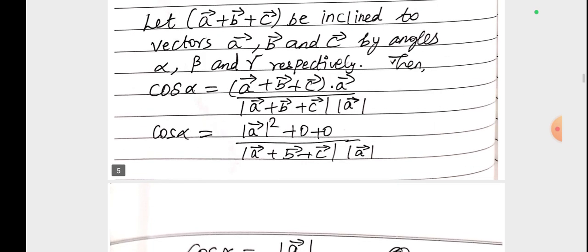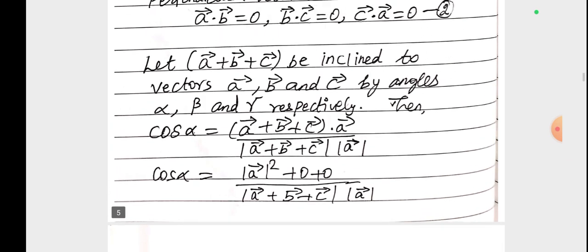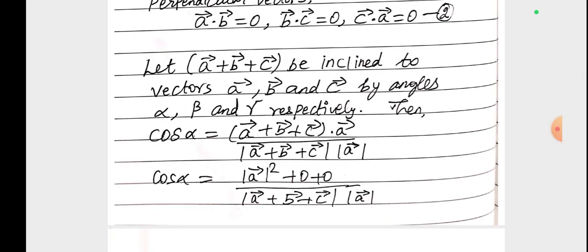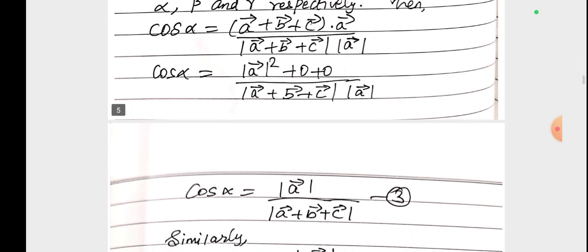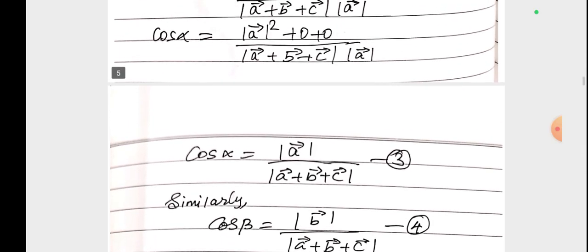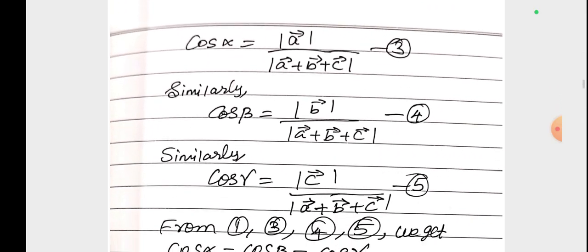What we are doing? It is the inclined angle. So A vector plus B vector plus C vector is one vector, and the angle alpha is with the x-axis. So along the x-axis we have to multiply with A vector. Y and z are 0, so only magnitude of A vector square came. The denominator gets cancelled and we are getting